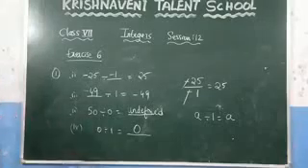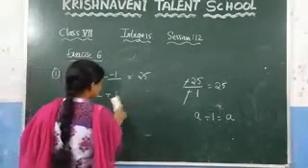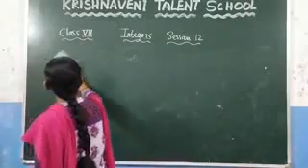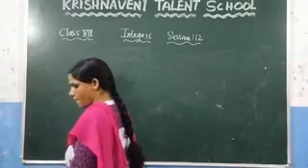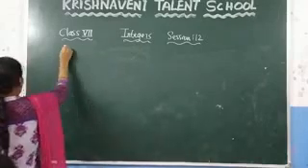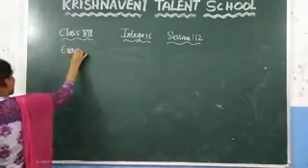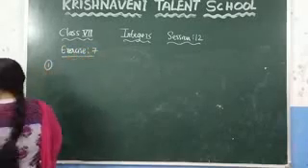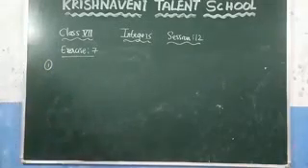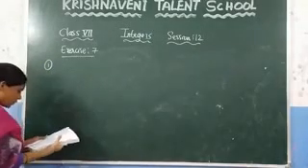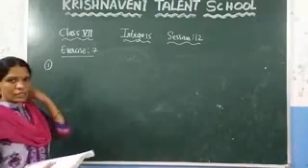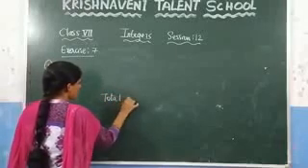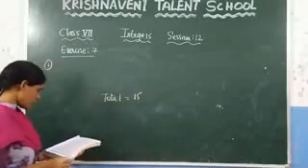Now see the next exercise. First question. In a class test containing 15 questions, here how many questions are there total? 15 questions are there. So the total number of questions here is 15, and here what is said here, 4